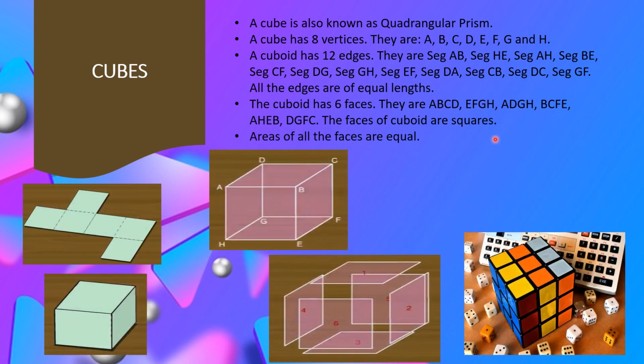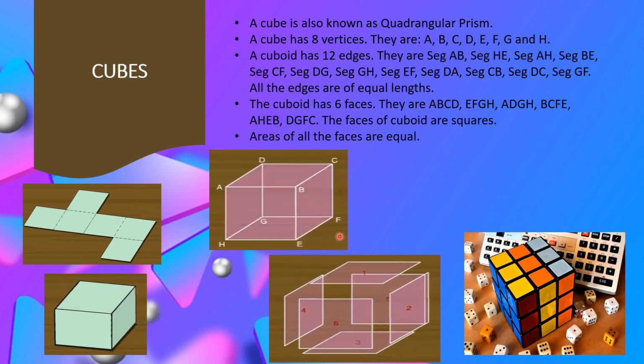Cubes. The cube is also called a quadrangular prism as all these sides or faces are square in shape. Now all these are in square shape. Some examples of cubes are the shape of a dice or a Rubik's cube, which you normally play to get the same colors on all sides. One side it's yellow, one side it's green, one side it's blue. Whatever the shape is, it's actually a cubical shape. Now the dice which you play for snakes and ladders, ludo, these dice are also cube in shape because all the faces are square in shape, right?